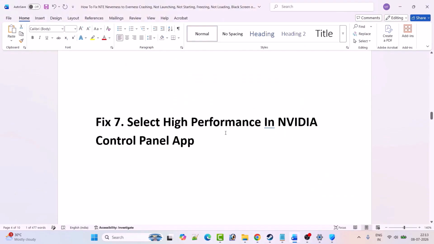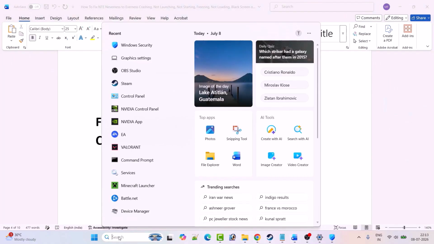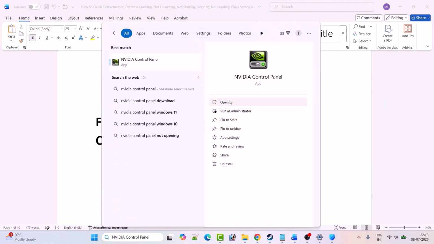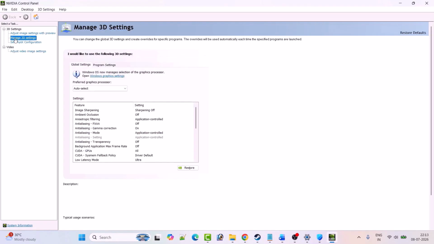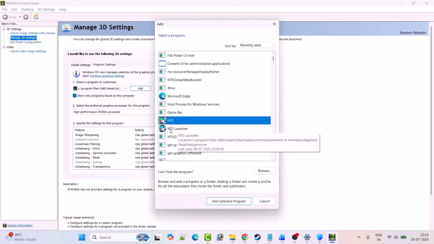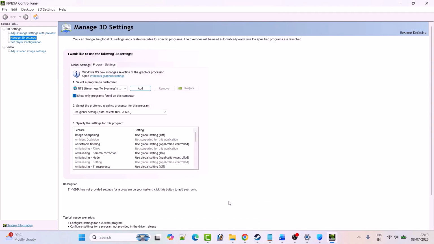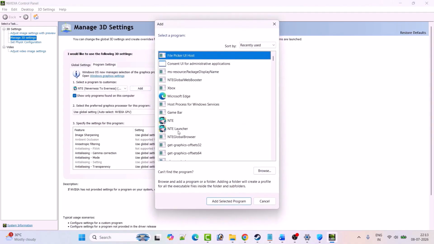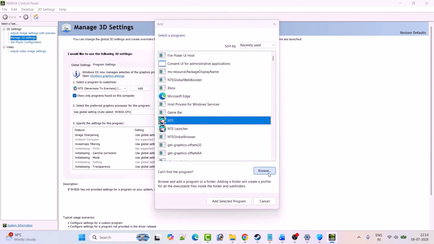Fix 7 is to select high performance in NVIDIA Control Panel app. So in Windows search, type NVIDIA Control Panel and then open it. Click on manage 3D settings, click on program settings, click on add. Now here in the list, look for the NTE and then click on add selected program. Now if you don't see the NTE in the list over here, then click on browse and then browse to